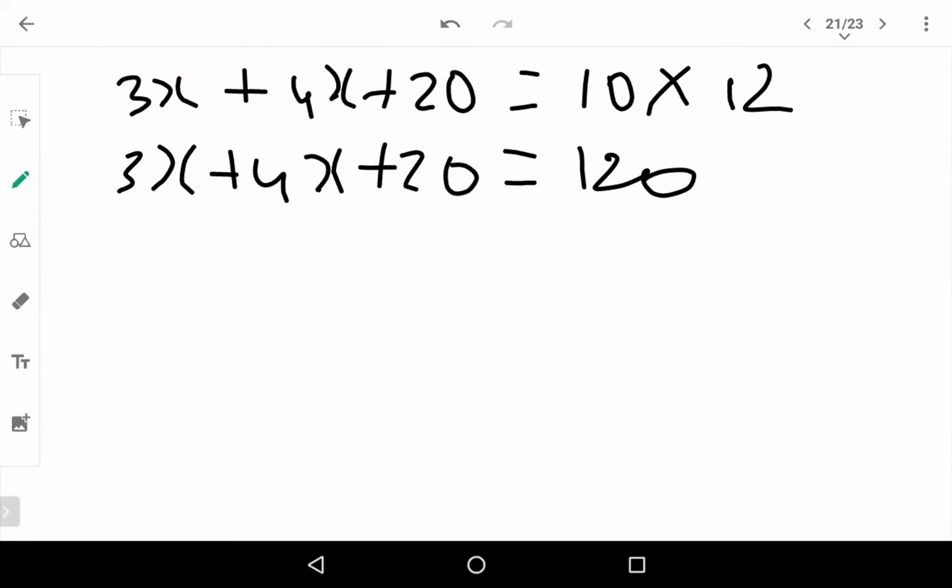Okay. Now, the next step is 3x plus 4x, which is 7x. 7x plus 20 is equal